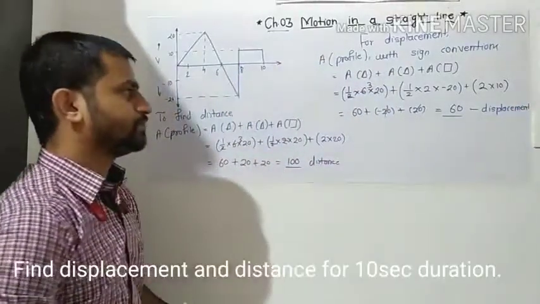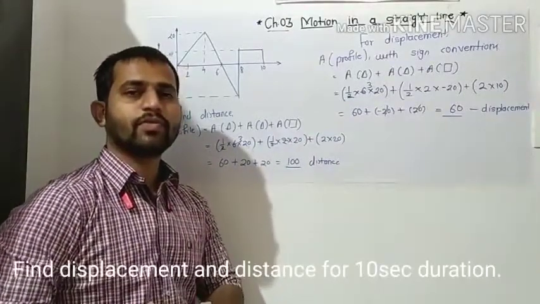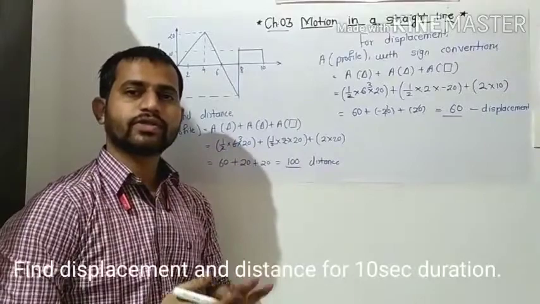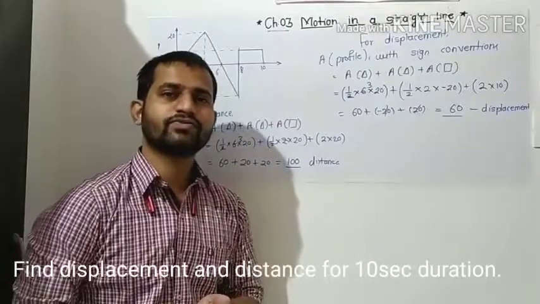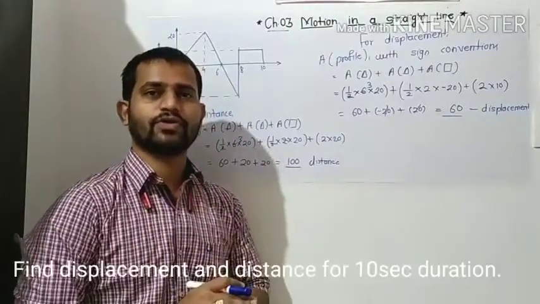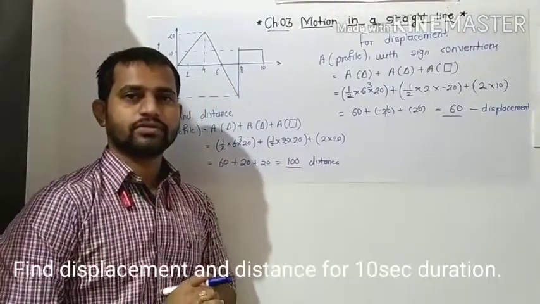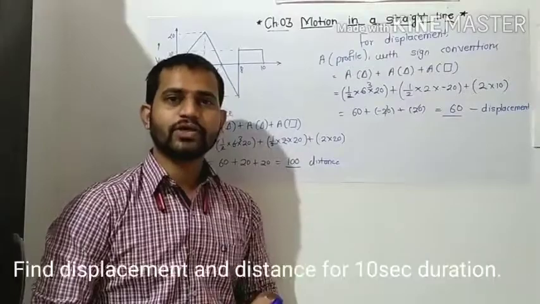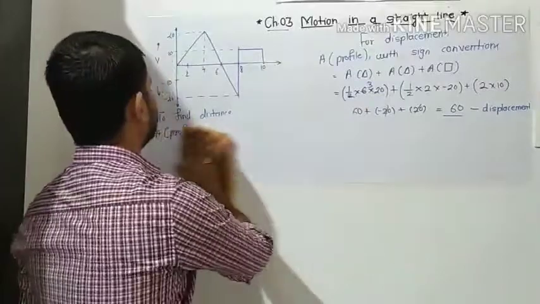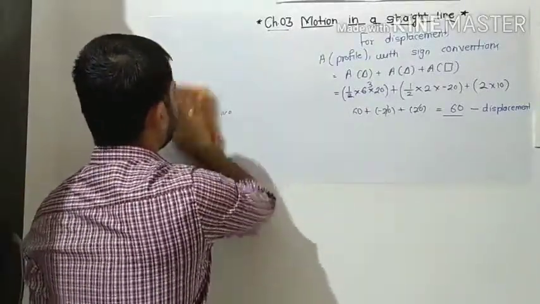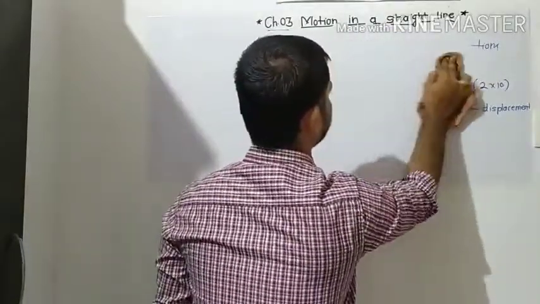Whenever we have to calculate the displacement, we must know about the sign conventions. We have to consider the sign conventions. And when we calculate the distance, we don't have to consider any signs of that profile. So the third problem we'll see now is based on some conditions. Some conditions are given, and based on those conditions we have to solve the problem. The diagram is not given, but we will solve it.